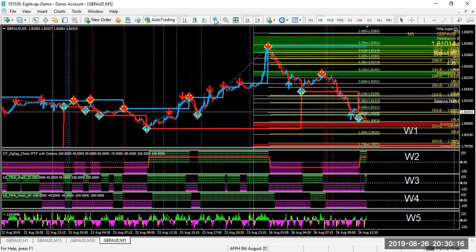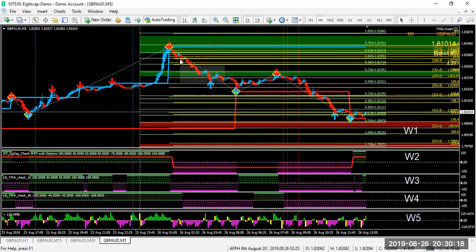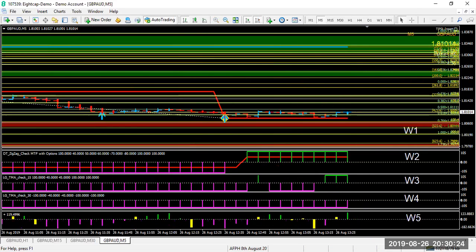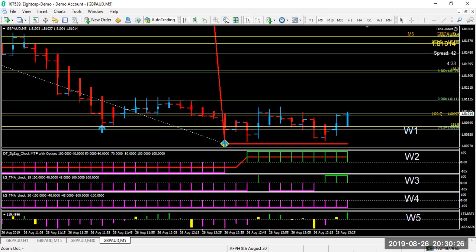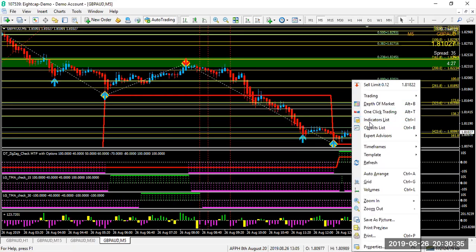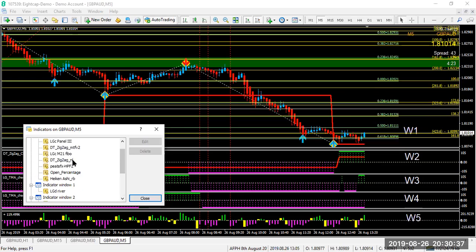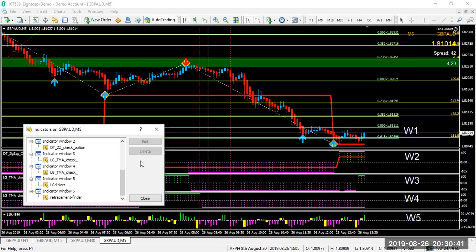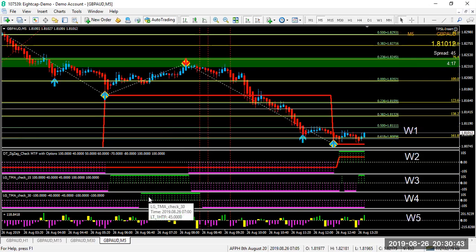Now these lines being drawn by the system means that the lines will have some significance. Let me just get rid of this Fibonacci because